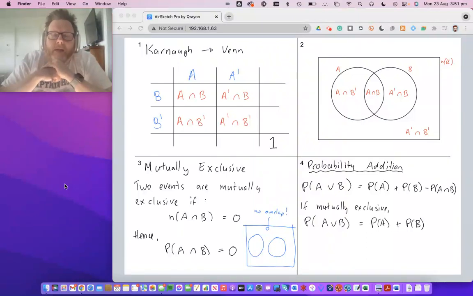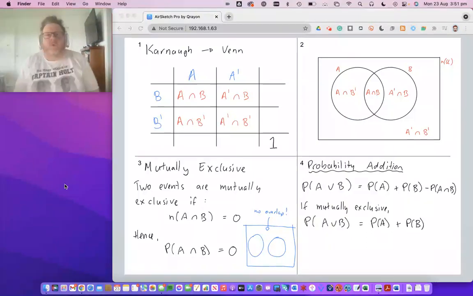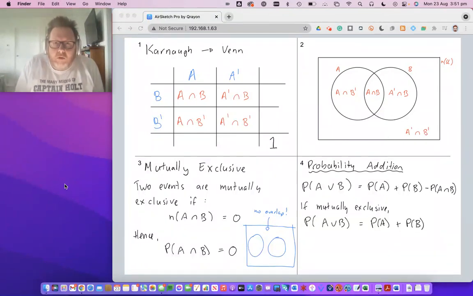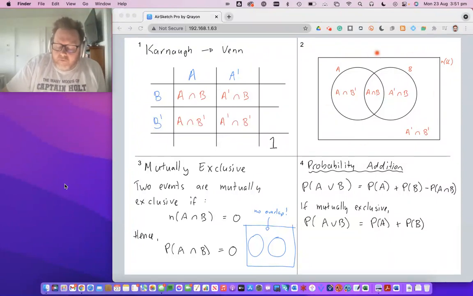Hi-ho, in this video we're going to have a look at conditional probability, and I'll take you through a few steps to get there, so bear with me. Just as a quick recap of last video though, I just wanted to point out that here we have a Venn diagram, and if we broke it down into its individual components, we would see that